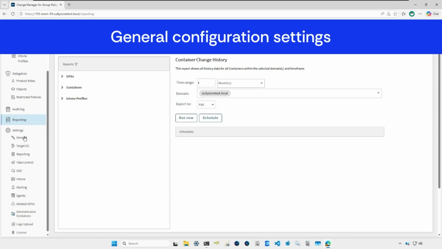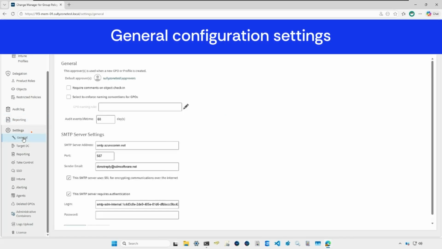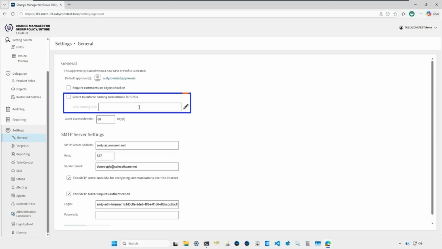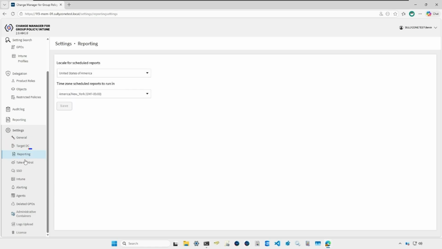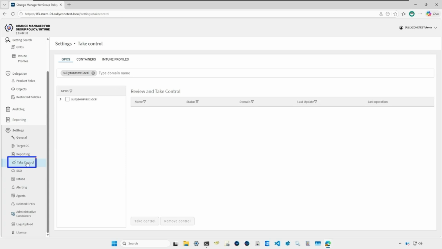And then your admin is going to get into general configuration. I want to highlight a few things here. Operationally speaking, I can set a GPO name rule to pattern match, so when someone tries to create a new object, it will match against that. Very helpful. I can require my admins to comment on configurations that they check in. SMTP is configured for our notification system. You choose what DC is being targeted by our service. You're going to have a one-to-one relationship there per domain. Core reporting, info, and then operationally speaking, when I have new objects in the environment, I need to take control